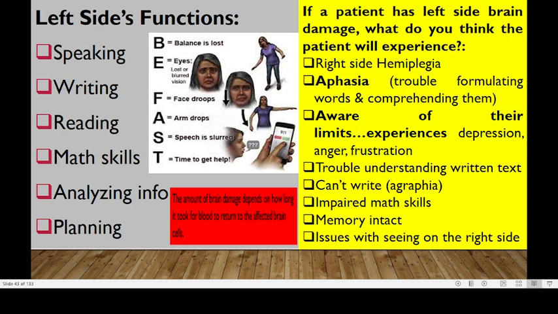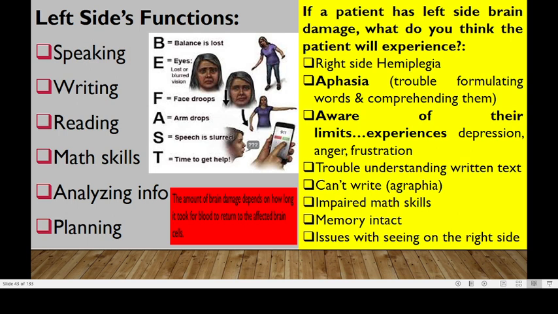So if you have a problem with the left side brain, you're going to present with right side hemiplegia, right? And now these other functions can be affected, right? Like aphasia, you'll have trouble formulating words, okay? Problem with the Wernicke's area and